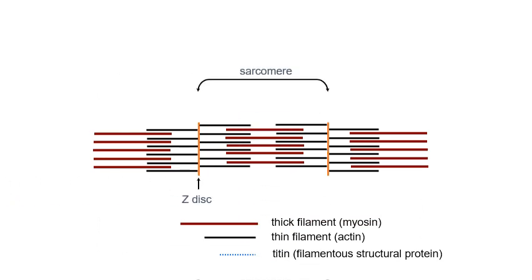Okay, so now you are clear what the Z disc is. That is between the two I bands, and then the sarcomere, and then the I band, that is the light band, composed of actin, and the A band, which is the myosin filament, and the titin, which holds both the actin and the myosin filaments together. This is the M line at which the titin molecule forms a framework for these actin and myosin filaments to hold them together and not to dysregulate.